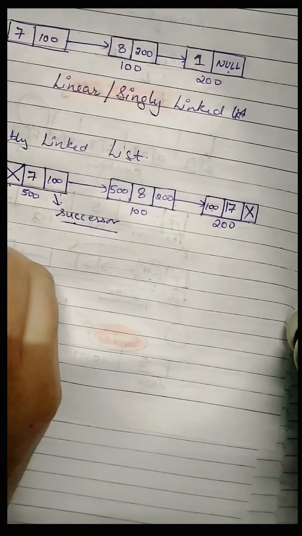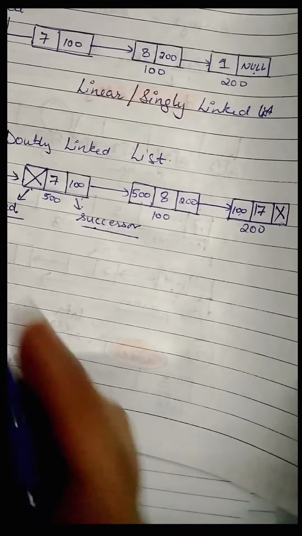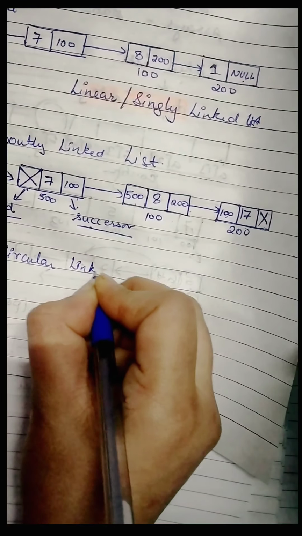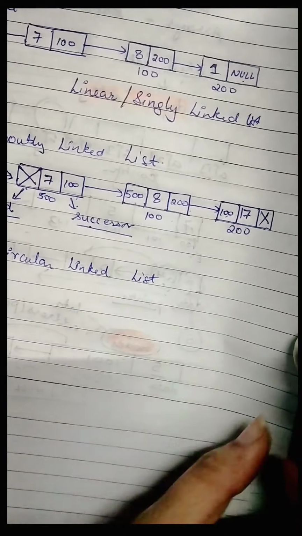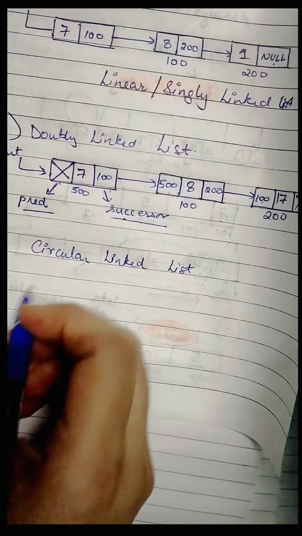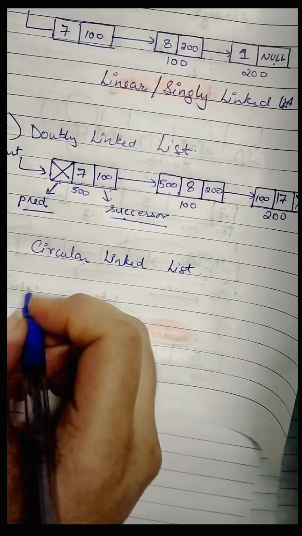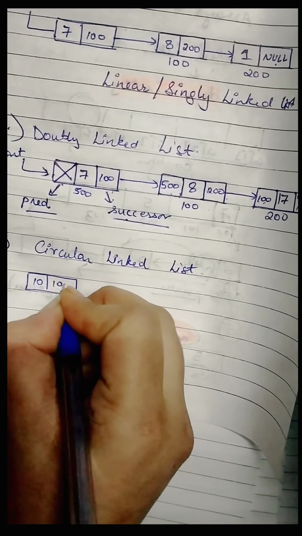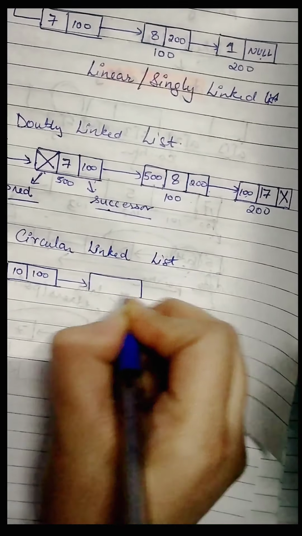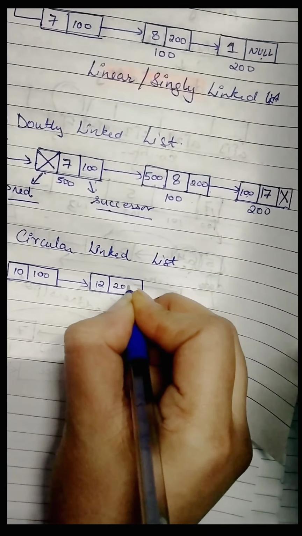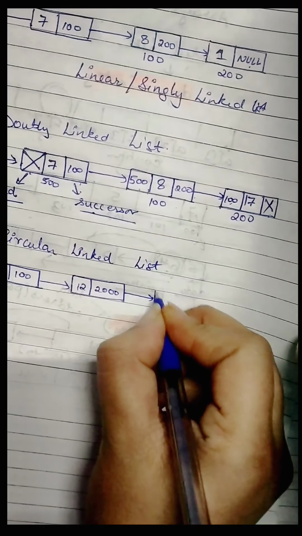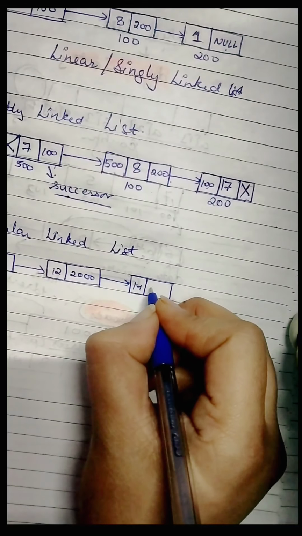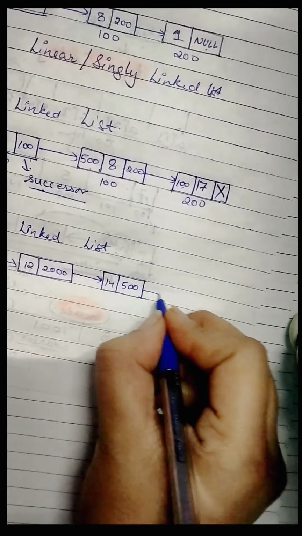Next, coming to the circular linked list. What is a circular linked list? As the name suggests, a circular linked list will obviously link in a circular manner. So how would a linked list relate in a circular manner? If I have a node, for example 10, and the address, next node, 12, next node, 14 and any address 500. Next node,